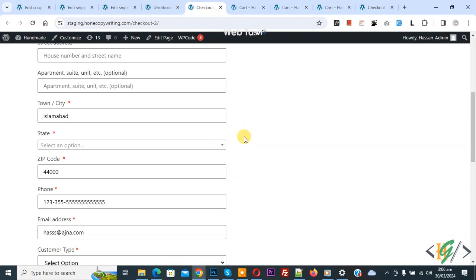Assalamualaikum, my name is Hassan and today we are going to add Apple Pay or Google Pay in checkout page